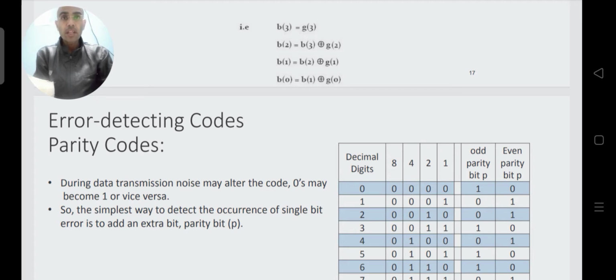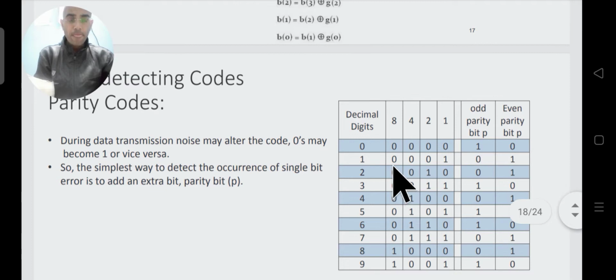This particular type of code is required when we have to detect an error in the received message. If we receive some message at the receiver end, and we find later on that it is not equal to what was transmitted, then the received message should be equal to the transmitted message. If it is not the same, then it is said to have some error. So how do we detect it, and how do these parity codes work?